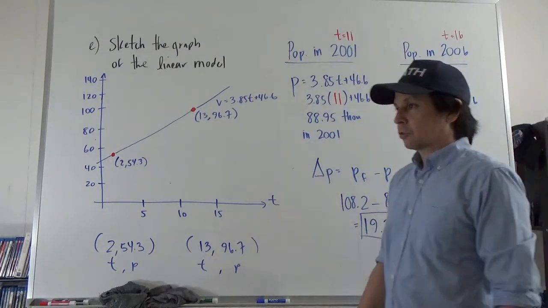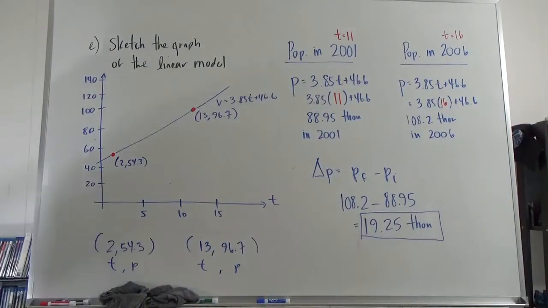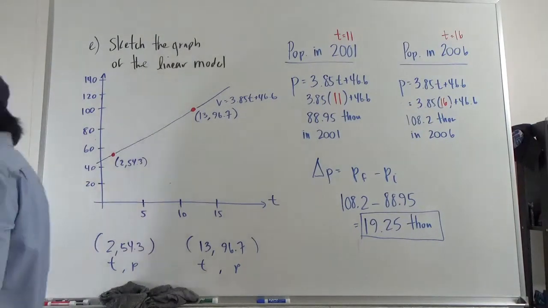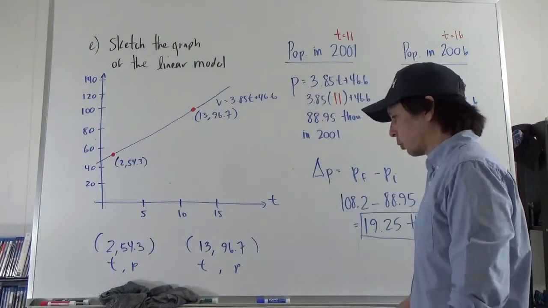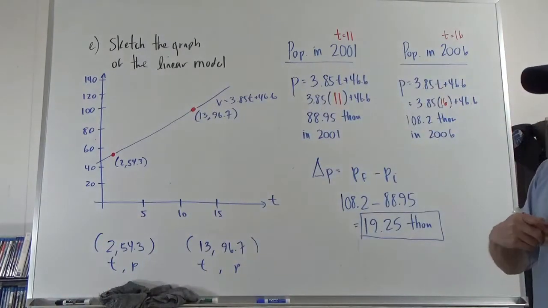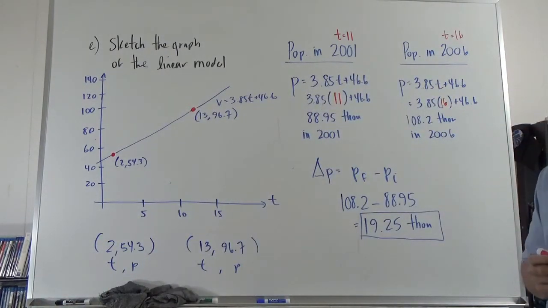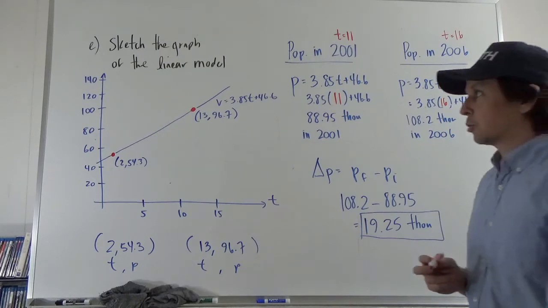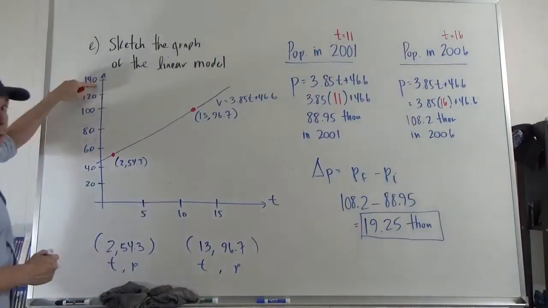Let me go back and look at some of those other problems that we did, because a lot of times I want you to compare what you get off the equation and what you get off the graph. They'll make you do both. I'm not going to waste time doing it, but in theory I could have you estimate the year in which the population was 130,000. So I'm going back to one of the problems we did earlier,